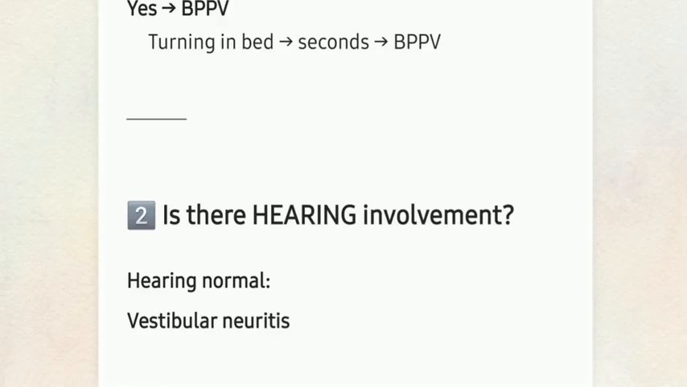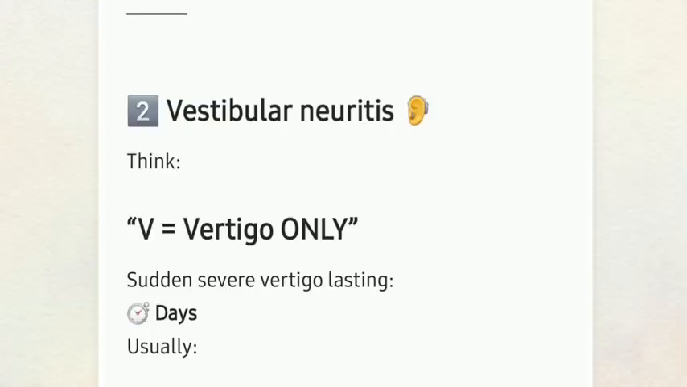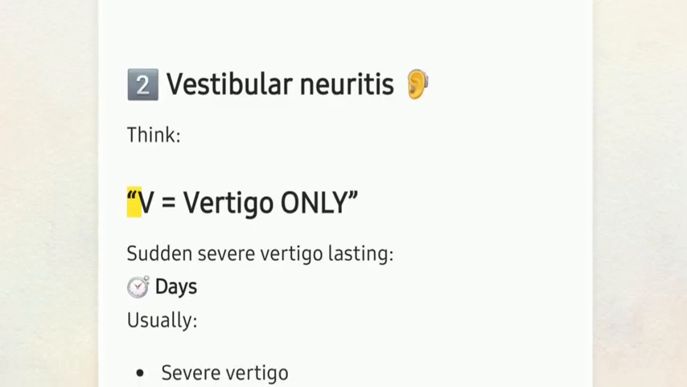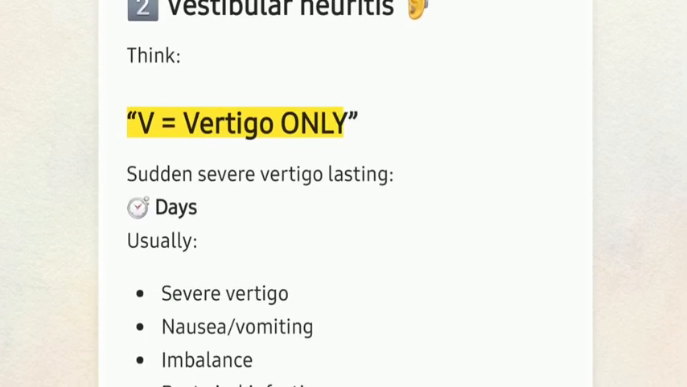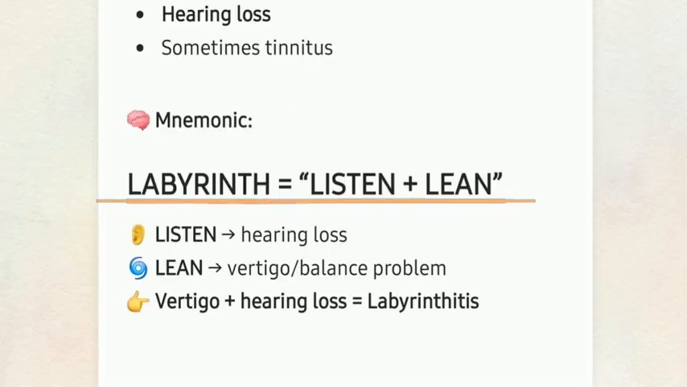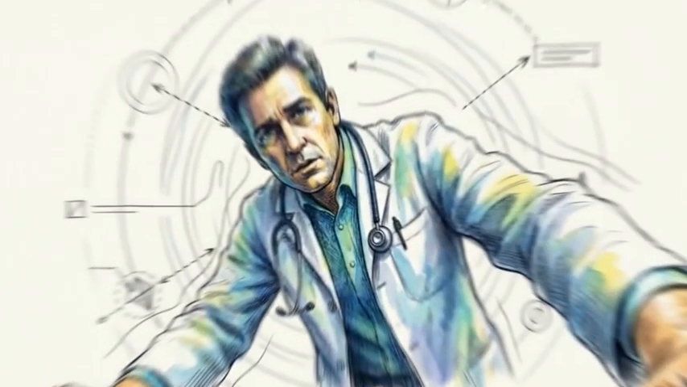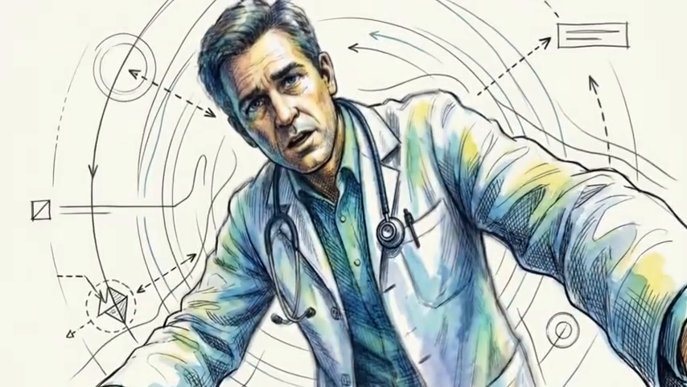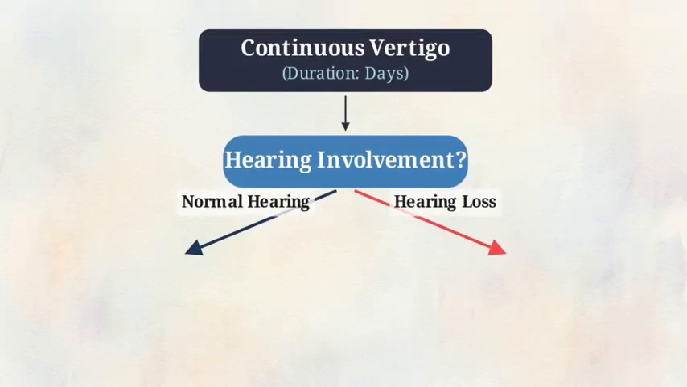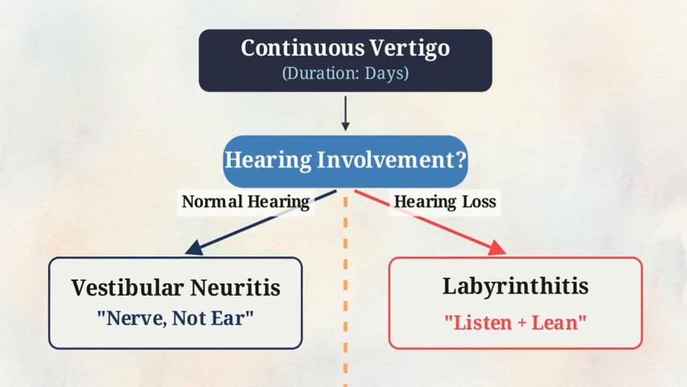For patients with continuous vertigo that lasts for days, you move to the second major question: is there hearing involvement? If the vestibular nerve is inflamed, you get vestibular neuritis. The patient suffers days of severe vertigo, but their hearing remains perfectly normal. Contrast that with labyrinthitis. Because the labyrinth contains both balance and hearing structures, inflammation here causes days of vertigo along with distinct hearing loss. This crucial split relies entirely on the subjective reporting of a patient who is currently exhausted and nauseous. Despite the difficulty, assessing their hearing status is the mandatory dividing line to accurately separate these multi-day vertigo